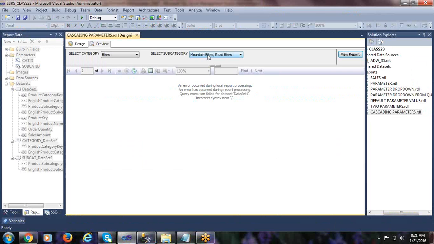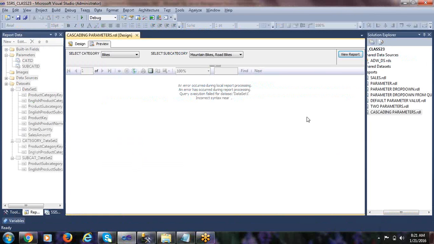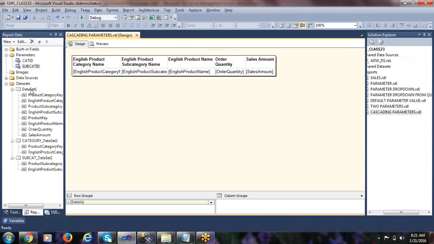When you provide more than one value, you have to use the IN operator rather than the equal symbol. The equal operator will take only one value as input parameter. But if you use the IN operator and put the subcat ID in brackets, then it is going to accept multiple values. So that change we need to do.